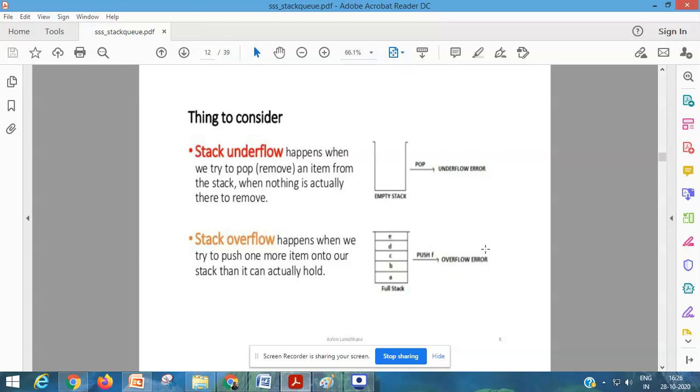So I hope at the end of this session you understand the concept of stack, how it works, which are the different operations that you can perform on stack, like push and pop, which are the major operations, and which are the stack operation conditions. It means at the time of performing an operation, which things you have to remember or check before performing the operation.